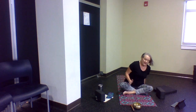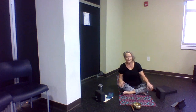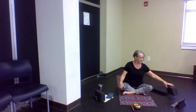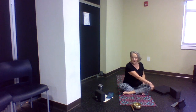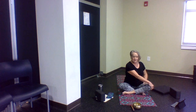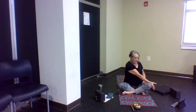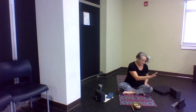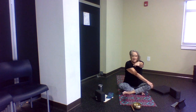All right, our next movement is a twist. Traditional yoga goes in a traditional sequence, and twists come after forward folds. Okay, so sit up nice and tall. Let's take, it doesn't matter, one of your palms to the opposite knee. Once we get into this twist, we're going to be turning that hand in order to press against the knee for a little more assistance in this twist. So first just take hold of the opposite knee, and then that other hand, you're going to be stretching